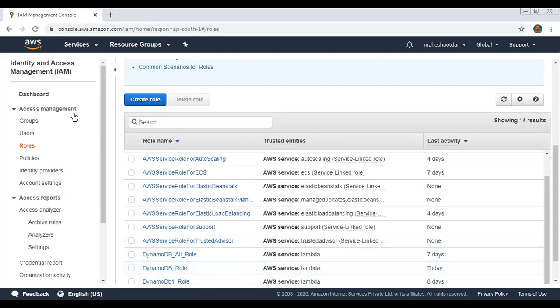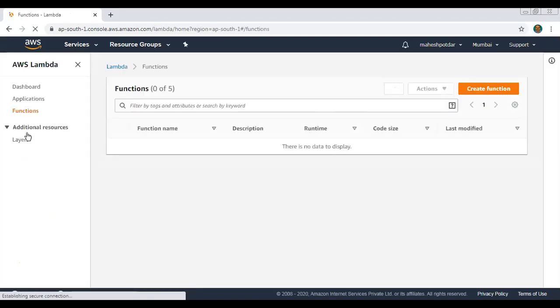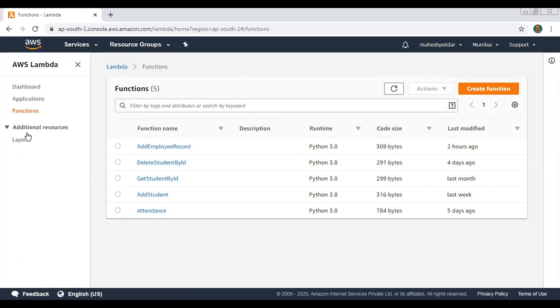After creating the IAM role, the next thing is you open the Lambda service. The Lambda service is used for creating smaller functions. For this function, you don't require a server instance. It's serverless hosting. A server is not required whenever you are creating small, database-related functions using the Lambda service provided by Amazon. I have created one Lambda function with the help of the attendance table. I'm opening that Lambda function.